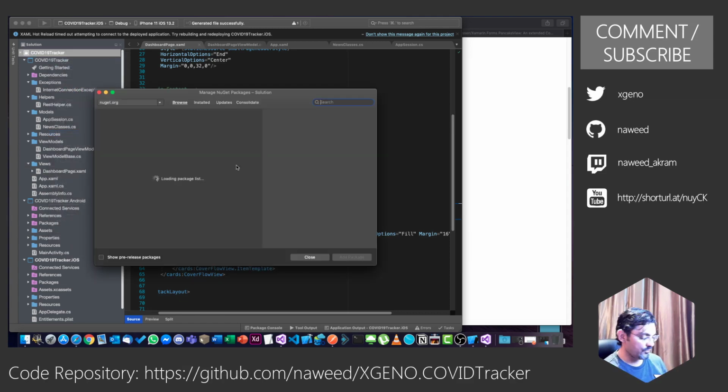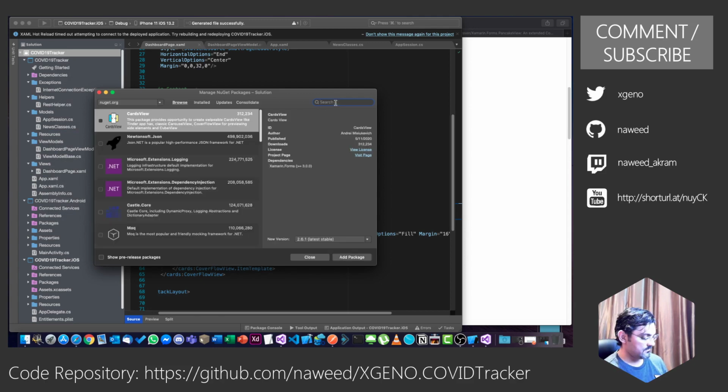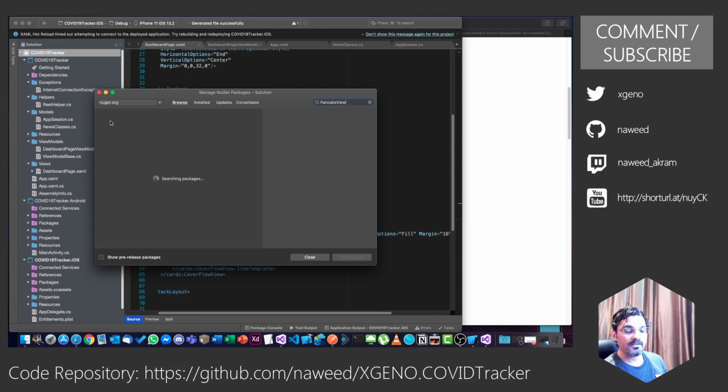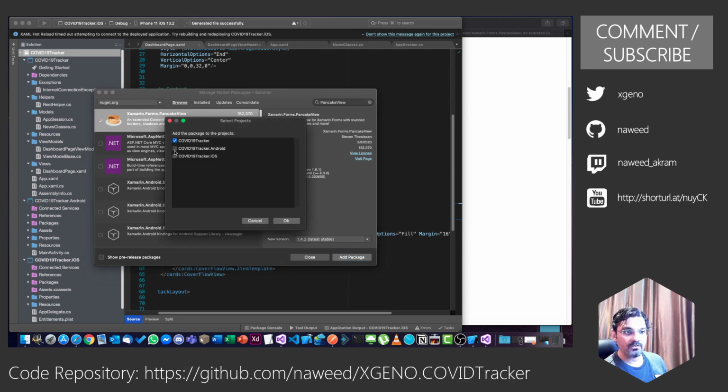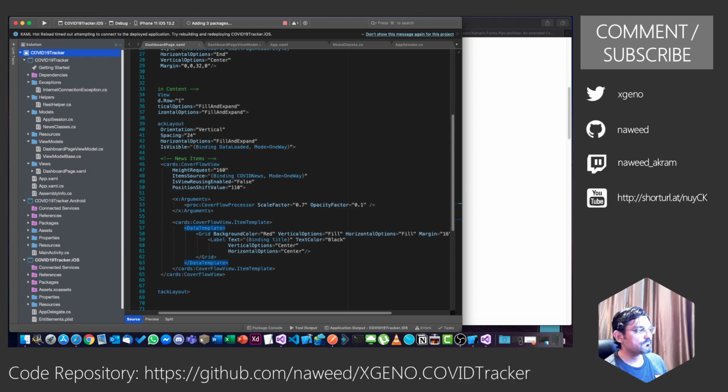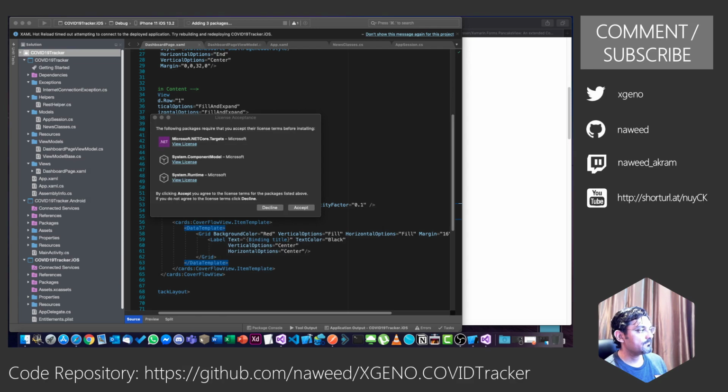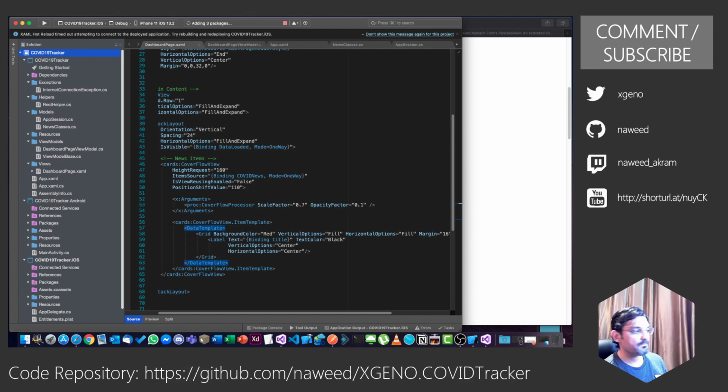Let's add this to all our projects. Pancake view, Xamarin.Forms. Yeah, this is the one. Let's add this to all the projects. Let's accept the license.